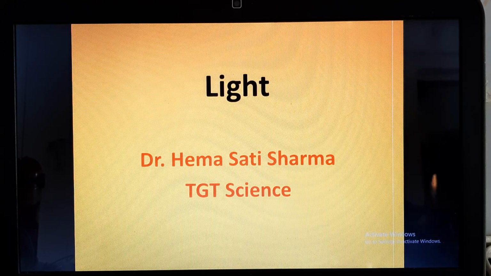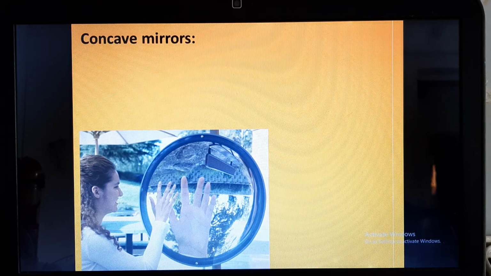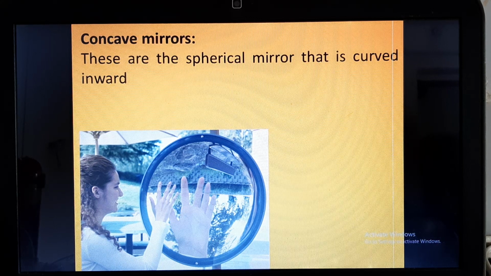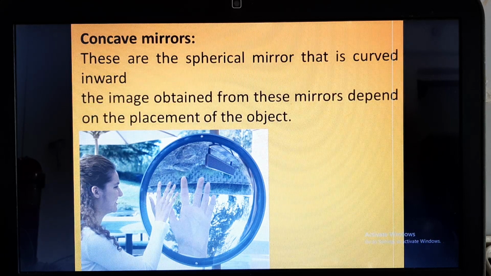We were discussing the characteristics of images which are formed by plane mirror in our previous lecture. Today we are going to discuss about concave mirror. As we have discussed earlier also, concave mirrors are spherical mirrors because they have curved surfaces. Now in concave mirror, the reflecting surface is curved inward. So inside or inner bulge of the spherical mirror, when the inner side is reflecting, that mirror is called concave mirror.